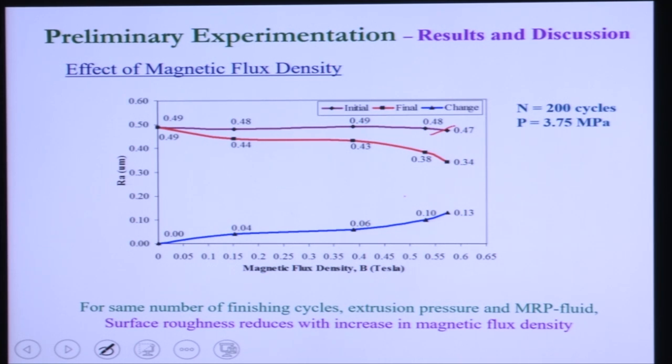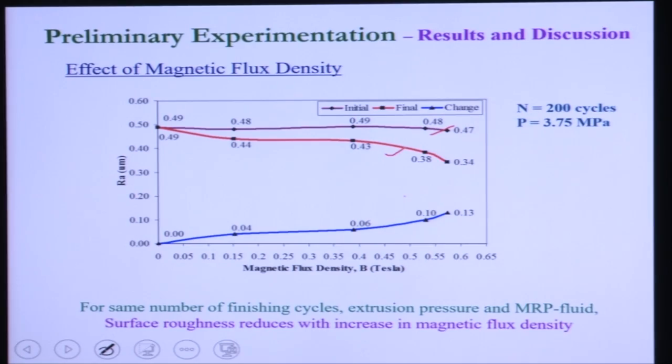At different magnetic fields, different workpieces are considered. All the initial surface roughness of the workpieces are at the same level, almost near 0.50 micron. This red color line is the final surface roughness profile. Now, we can see at 0 magnetic field there is no change in surface finish. We shall discuss why we did not get any surface finish